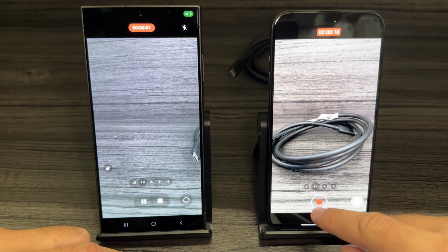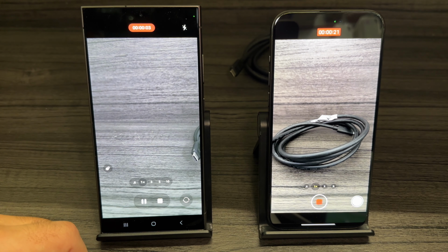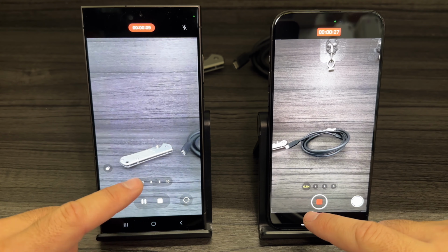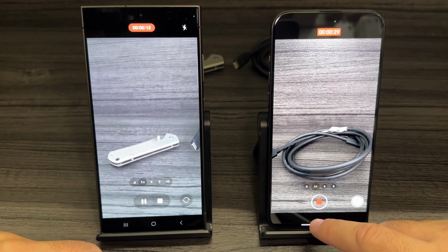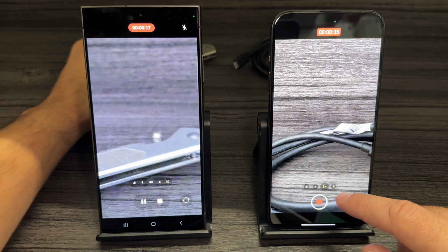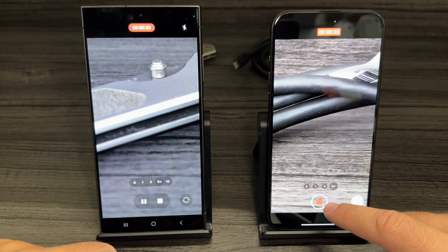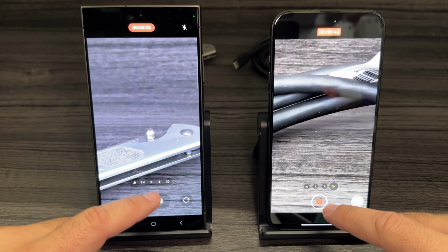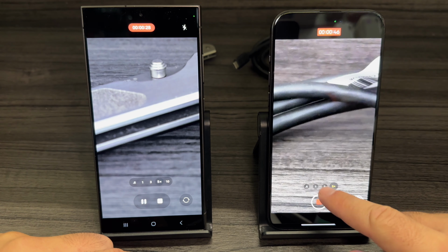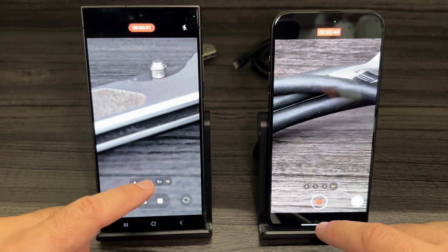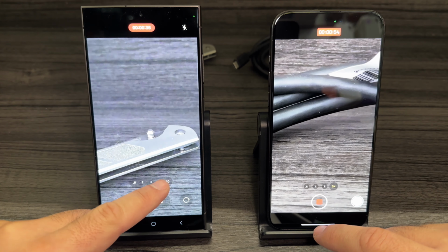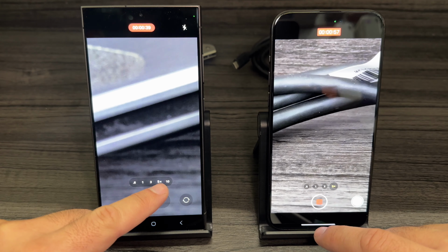Okay, let's do it again and put something to an object here. All right, let's see. You see, it's a little bit more smooth, more refined on the iPhone. It's a little bit more choppy, but it's close on the Samsung. It's more fluid on an iPhone. It's really fluid on an iPhone. It's not bad on Samsung. It's just maybe a little bit delayed